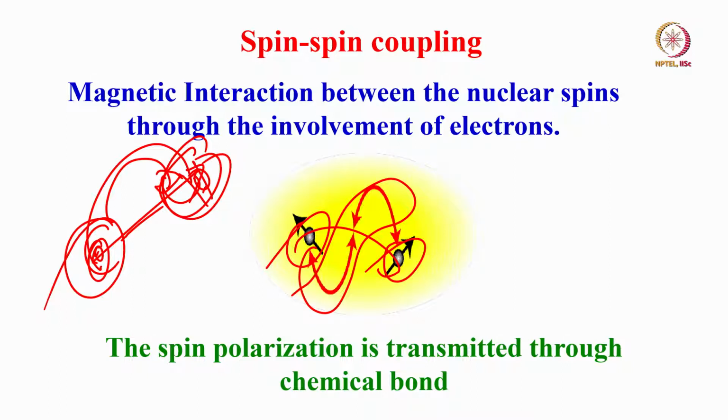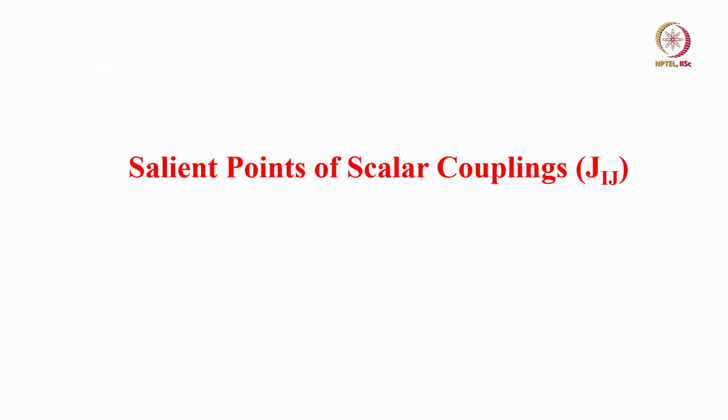In the chemical shift we did not discuss multiplicities. Without any coupling you will get a single peak, but once one proton interacts with another proton or with a number of other protons, we get polarization transfer taking place between one proton and another, depending upon the extent and strength of interaction, and we get different multiplicity patterns. That is what we are going to understand today: how the spin-spin coupling comes, how the multiplicity pattern gets affected. So, this is the major concept. Remember, spin-spin coupling arises because of interaction between two nuclear spins mediated through covalent bond.